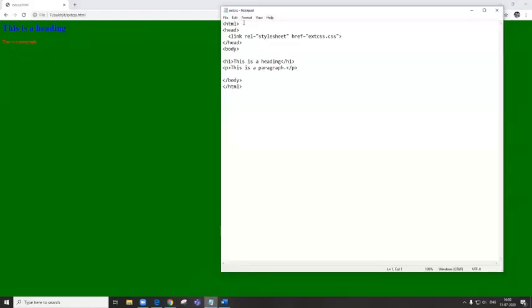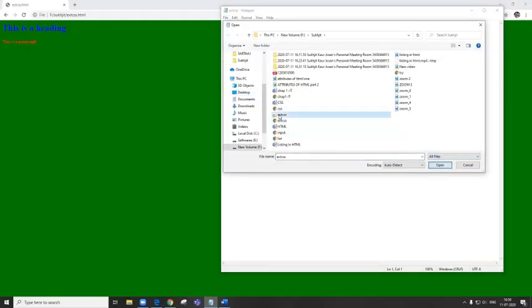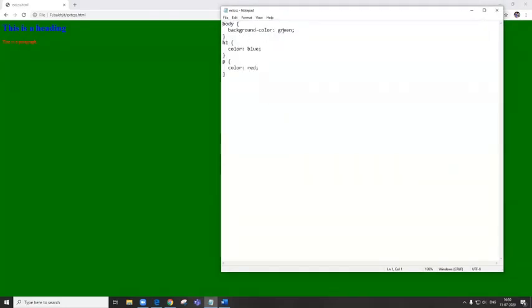ये देखो, this is heading, this is paragraph. If you have forgotten, let me again open the file for you and let us see हमारी फाइल की स्टाइलिंग क्या थी. हमारी फाइल की स्टाइलिंग थी, ये देखो, बैकग्राउंड कलर ग्रीन था, H1 का कलर ब्लू था, पैराग्राफ का कलर रेड था. तो background is green, H1 is blue and paragraph is red. So here children, what have we done?